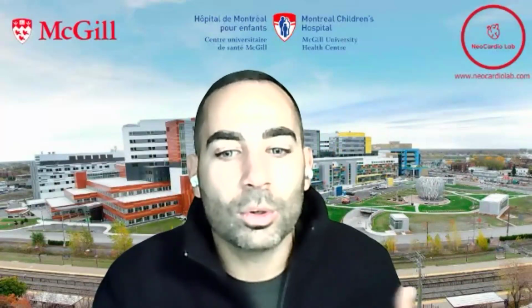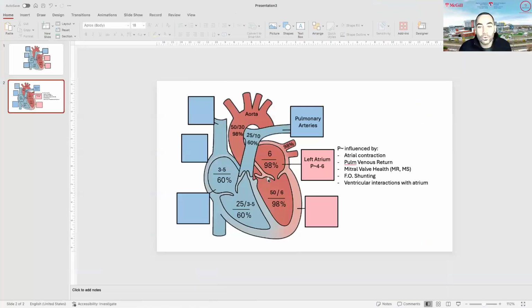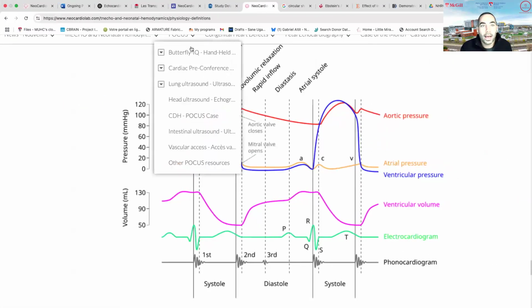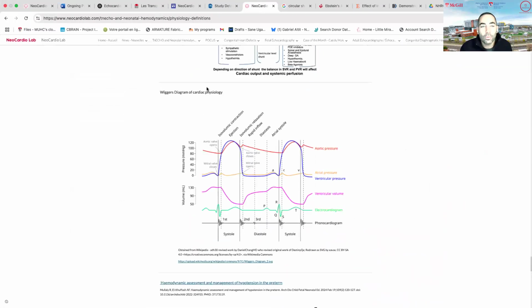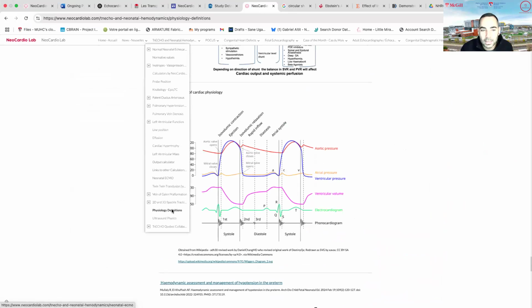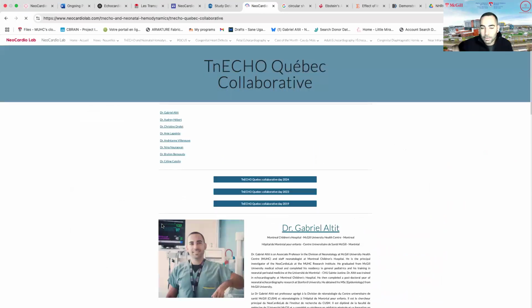Because when we do echo, part of what we're trying to do is get this info. Where's blood flow going? How much output is being generated? Where's my PRBC going? Is it going forward or is it going backward? So that's why I highly encourage you, when you see patients with hemodynamic concerns, obviously now we do the echo, we discuss the management, but after, when you're doing your report and you're actually putting together all the pieces,